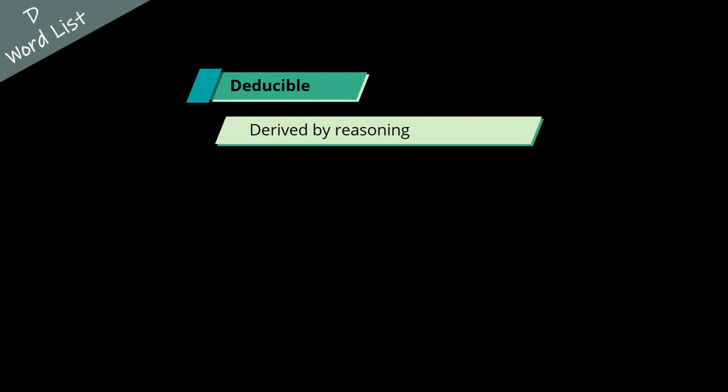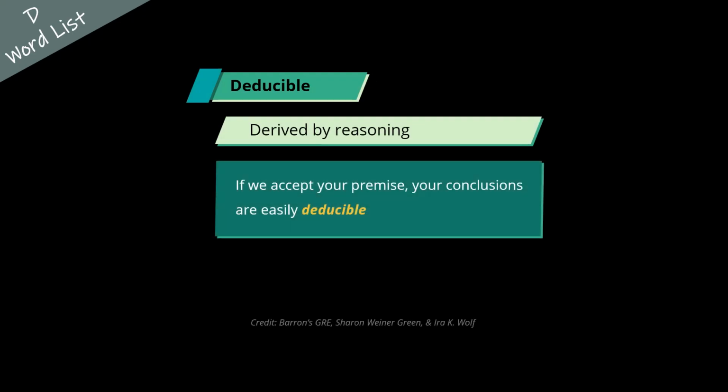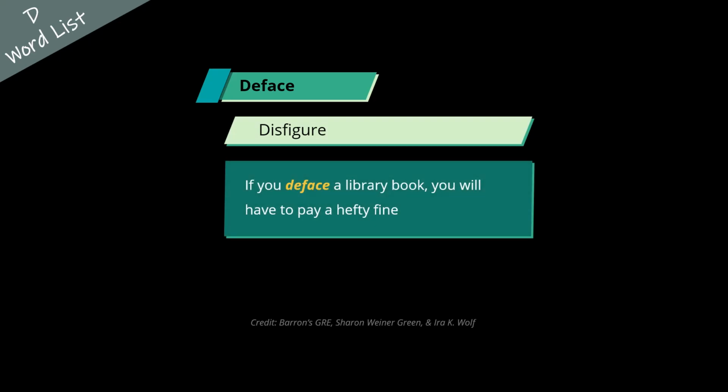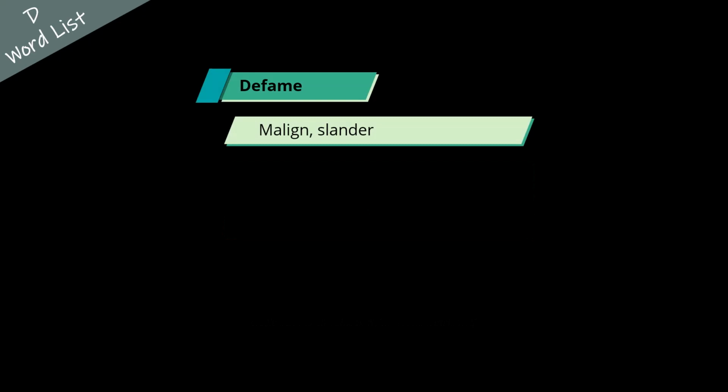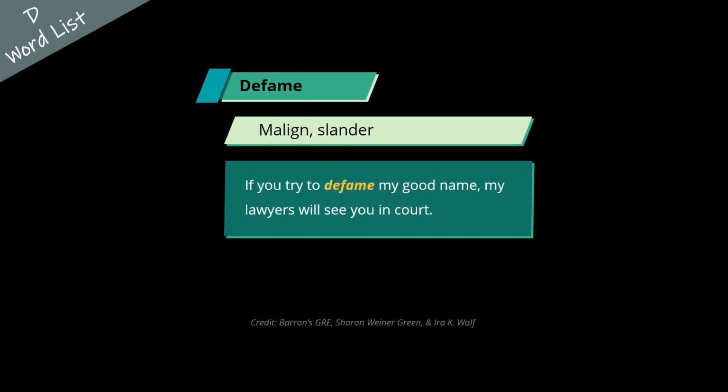Deducible means derived by reasoning. For example, if we accept your premise, your conclusions are easily deducible. Deface means disfigure. For example, if you deface a library book, you will have to pay a hefty fine. Defame means malign, slander. For example, if you try to defame my good name, my lawyers will see you in